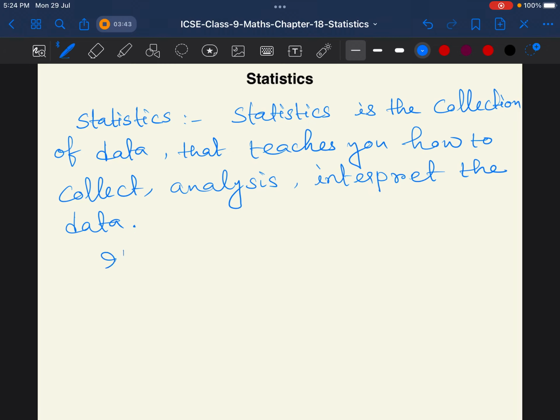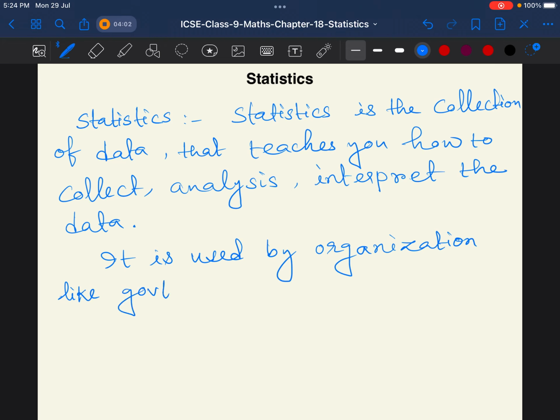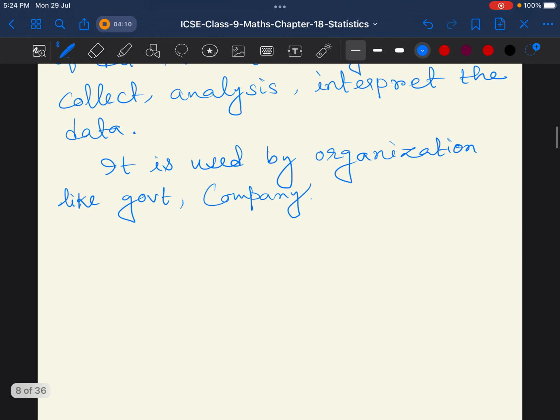So it is used by any organization, like government and any company. Some examples: